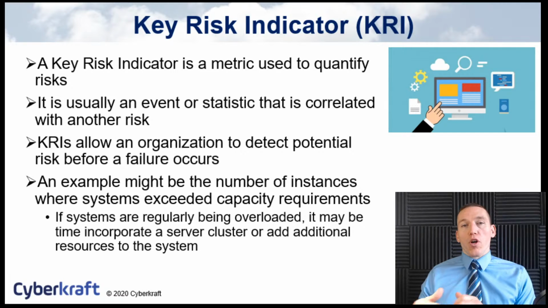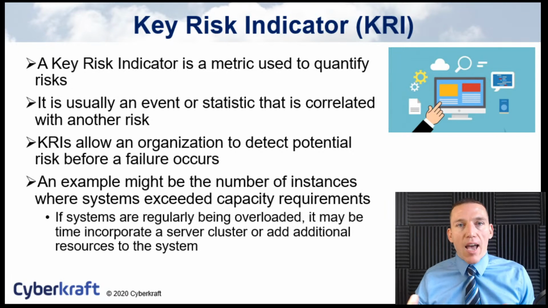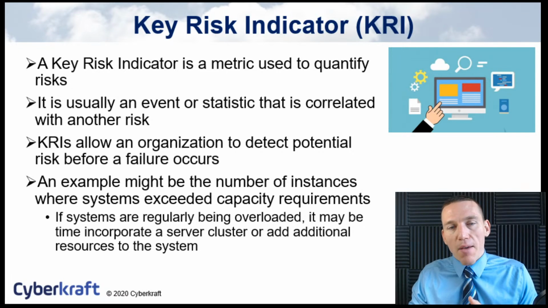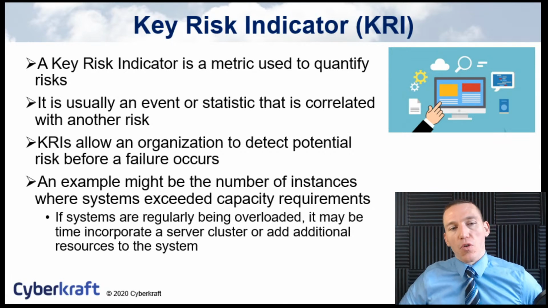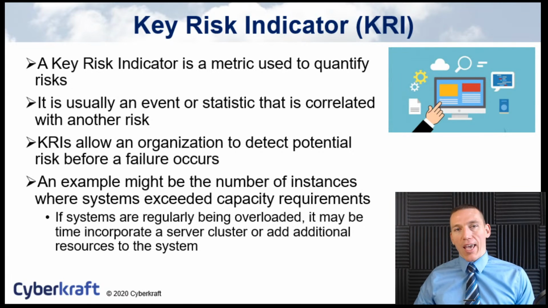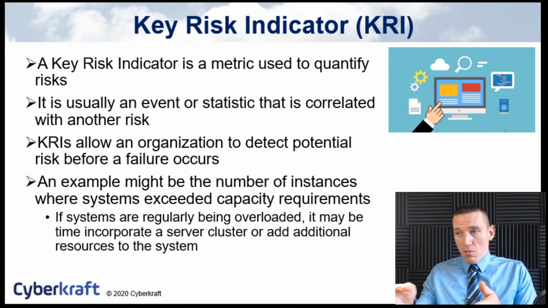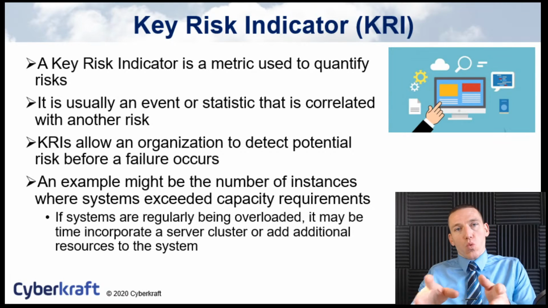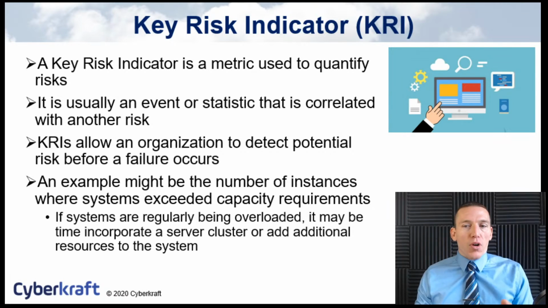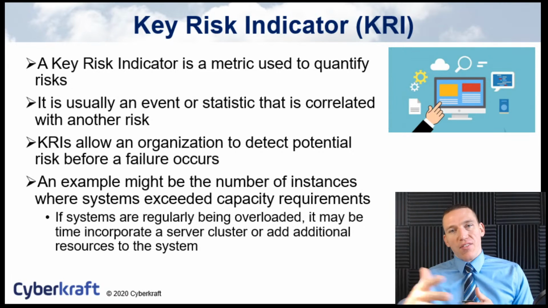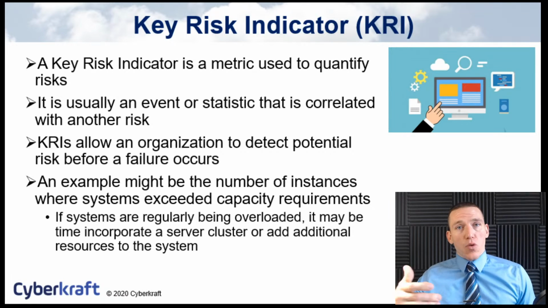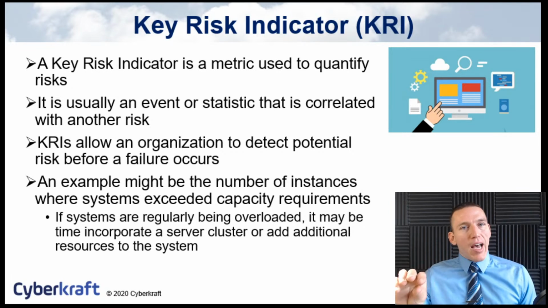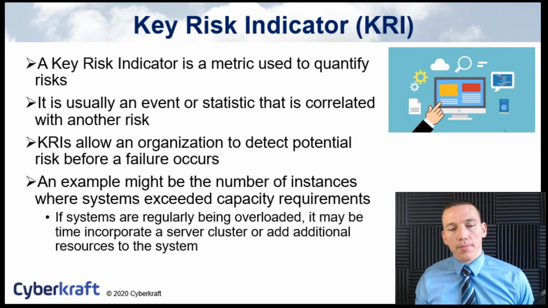Otherwise, you might have a problem where your servers are overloaded during a key time, a critical peak traffic time, and you're no longer able to provide your service to your customers. So to avoid that, you would take a look at these key risk indicators, and you determine, due to these indicators, where these risks might pop up. And organizations will usually have a list of key risk indicators in their SOP or their system security plans, and then they'll monitor those using continuous monitoring to keep an eye on those areas where risks might occur.